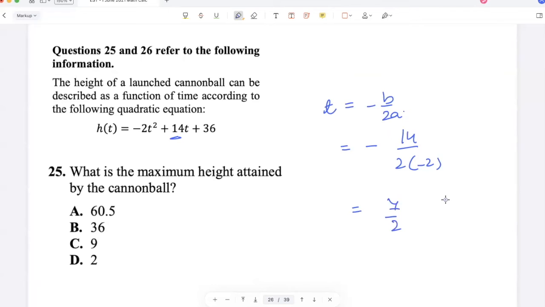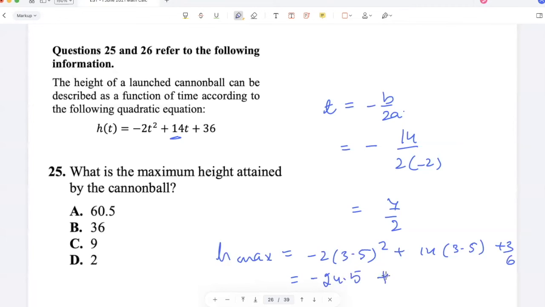So at 3.5 seconds, we get the maximum height. So h max would be minus 2 times 3.5 squared plus 14 times 3.5 plus 36. So let's just plug that into the calculator. 3.5 squared is 3.5 times 3.5, and that multiplied by negative 2 is, wait, what did we get here? Yeah, so 12.25 multiplied by negative 2 would be 24.5. So negative 24.5